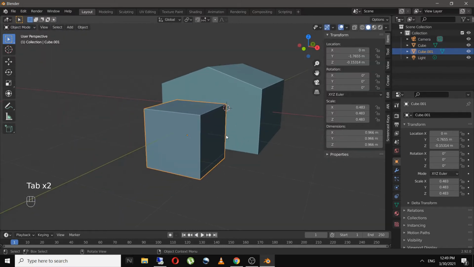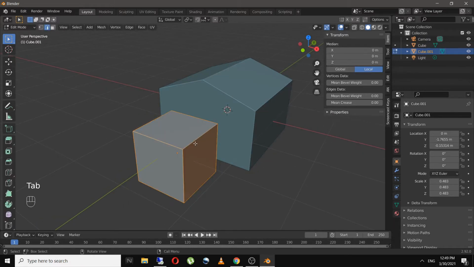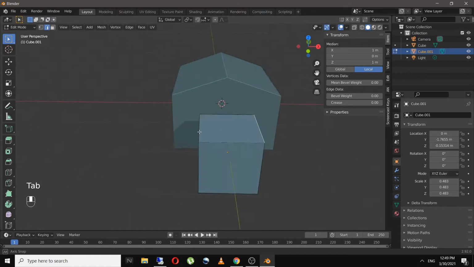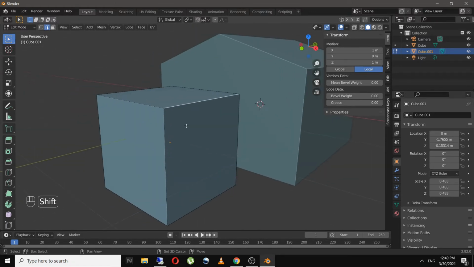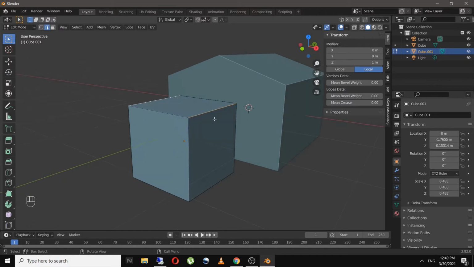So I will select this now and go to edit mode and select these two edges over here and bevel this to make an arc.